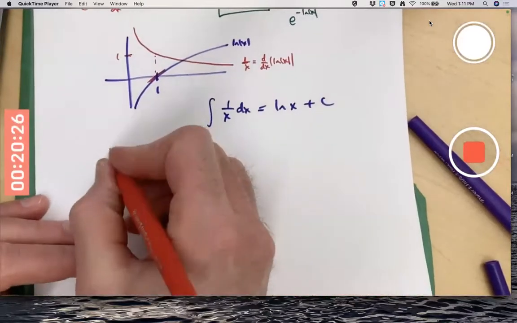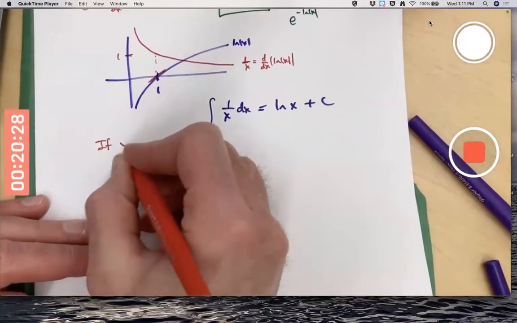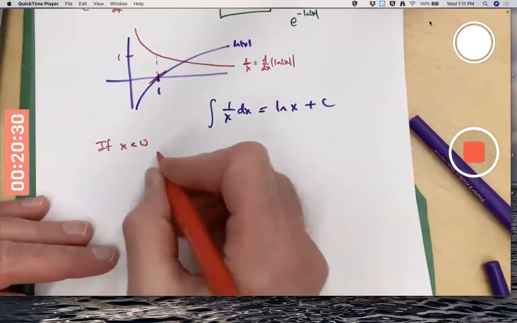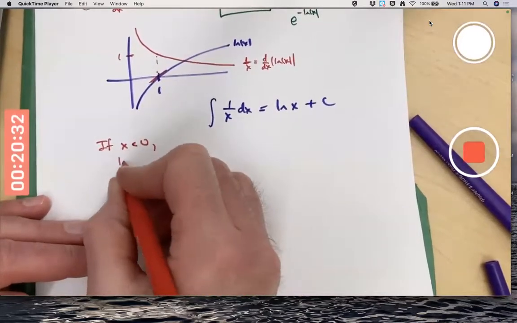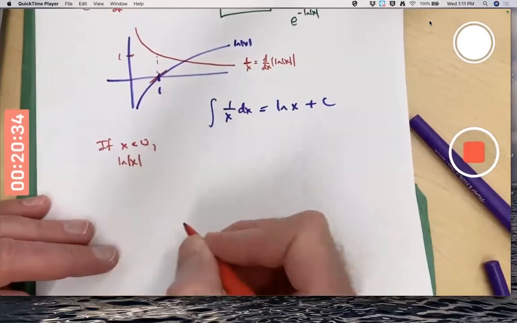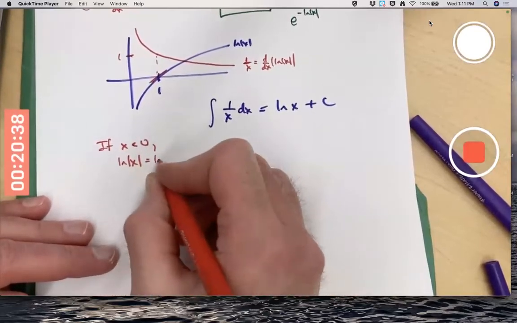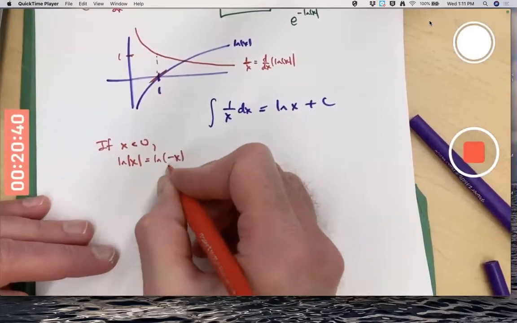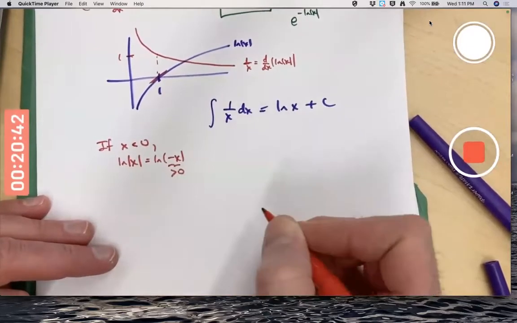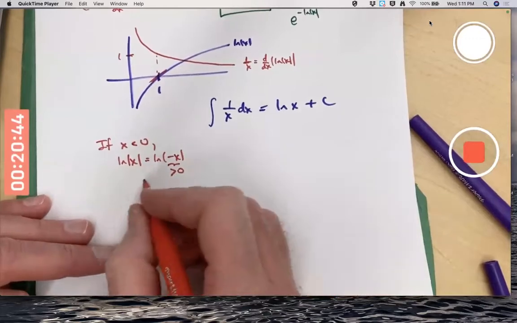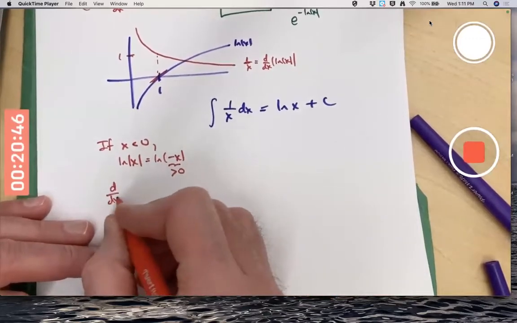If x is negative, the natural log of the absolute value of x is actually the natural log of the opposite of x, which is a positive number when x is negative. And the derivative of this, therefore,